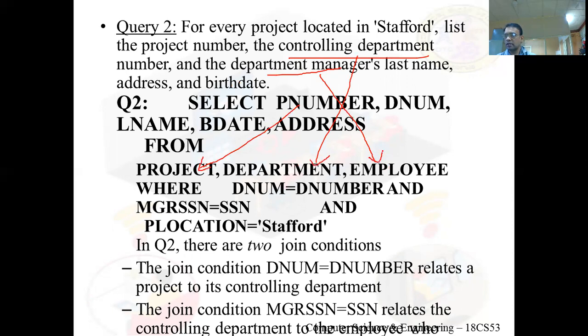So we have to join these three tables. I'm joining employee and department where department number is equal to D number, and department MGRSSN is equal to employee SSN. And the filter condition we give on the project table is project location equal to Stafford.